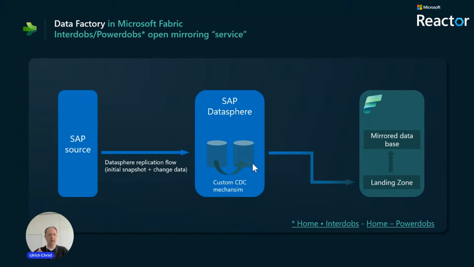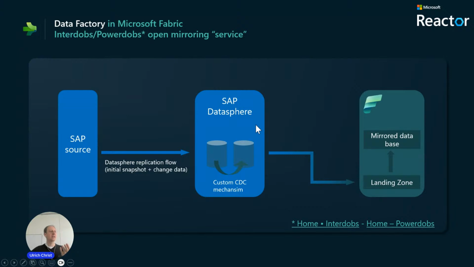So they have some way to expose the change data to the outside, and then they basically have found a way. And that's also very simple. You can use notebooks in Fabric. You can use pipelines in Fabric with the HANA connector to get that data, the change data, out of Datasphere and land it into the landing zone. And once you've done that, the mirroring engine will again take it and mirror the database. So it's really